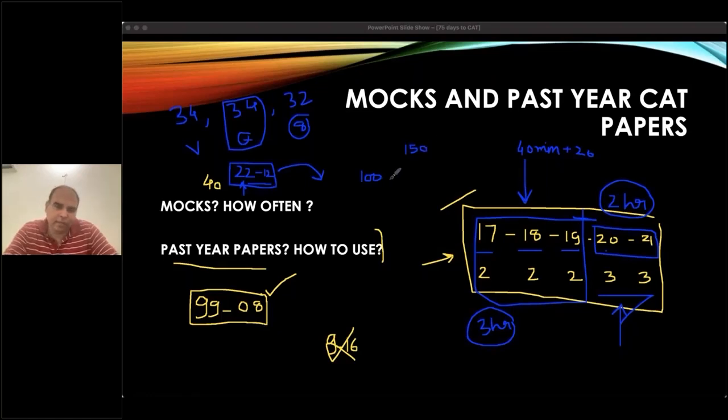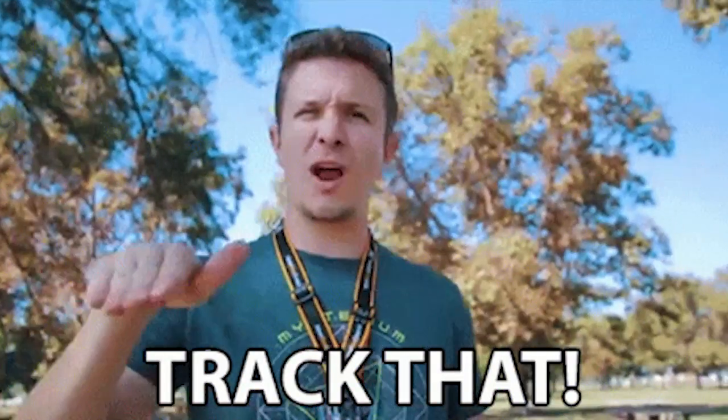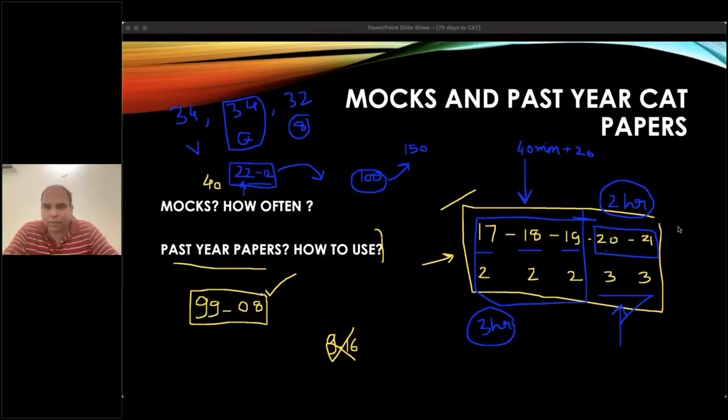So are you getting there? Are you crossing 150 easily in 3 hour paper? You can measure that, and also you can see in a 2 hour paper are you crossing 100 or not. So just keep track of which questions you solved in the first 40 minutes in every section. Verbal में थोड़ा सा different होगा. Verbal में तुमको जब तुम solve करोगे तो verbal में उस टाइम जो पैटर्न था